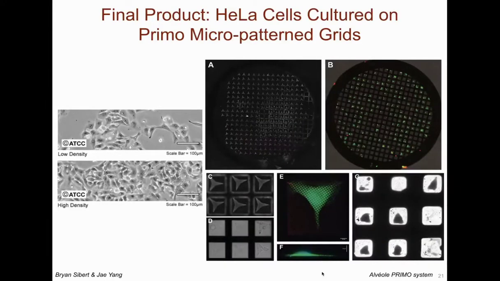In this experiment, Brian and Jay patterned several substrates to support the adhesion and growth of HeLa cells. HeLa cells are a commonly used model cell line for studies of cell structure and function and host pathogen interactions. The 2 images on the left are from the ATCC and show how HeLa cells spread across the substrate when they have been seeded at either low or high density. In this experiment,